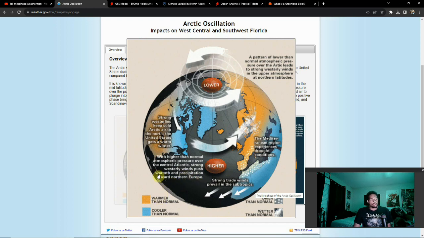So we have warmth and precipitation also being pushed towards parts of northern Europe in particular, as indicated right here, based off those strong westerlies once again. With the higher atmospheric pressure as well, keep in mind that with high pressure, you end up seeing that clockwise motion coming into play here, which also kind of funnels those storms towards areas like the UK, Great Britain, and also the Scandinavian and Nordic regions as well.